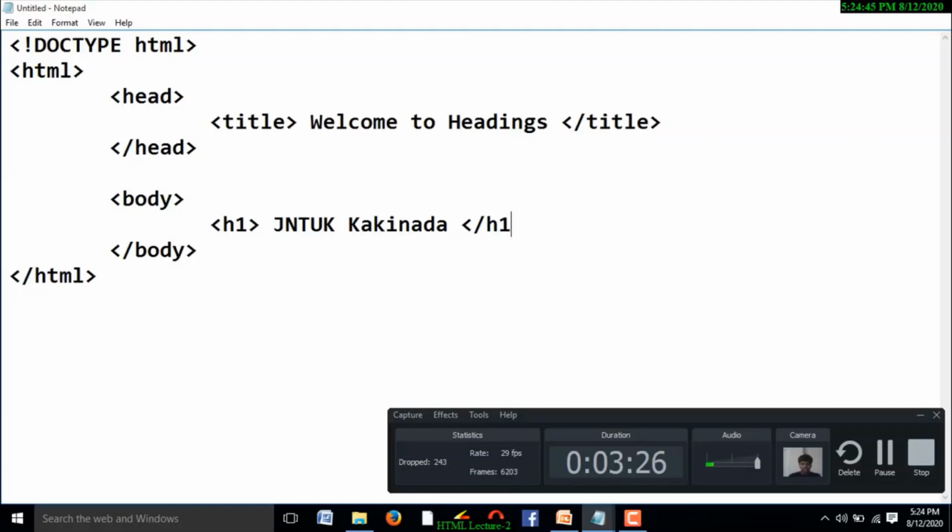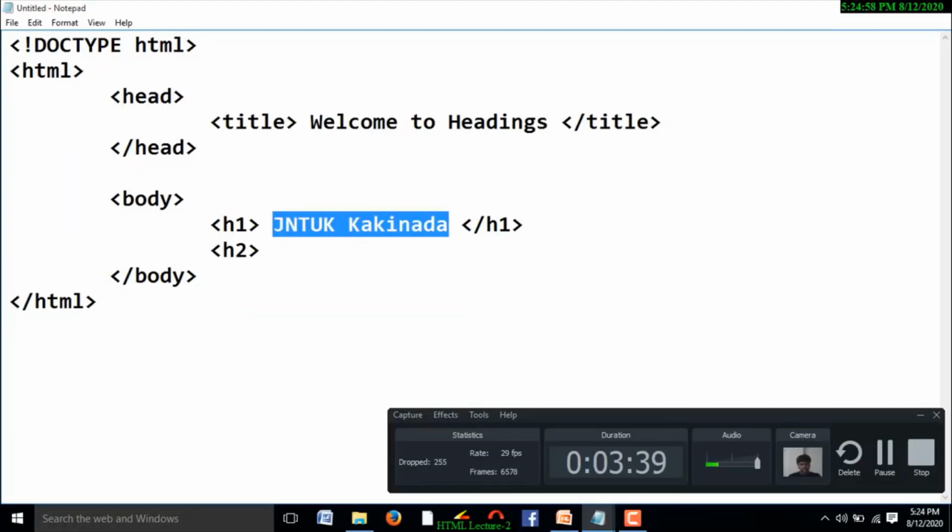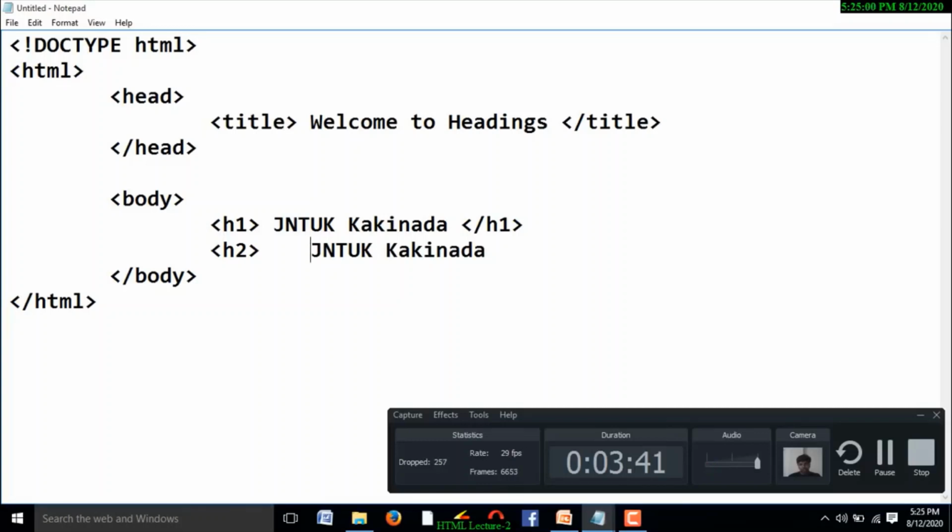This is heading 1 close. Similarly, I am going to write heading 2. The content is the same, JNTUK Kakinada. With this example, I am going to show how H1 displays the content, H2, and like that how all the headings display the content.